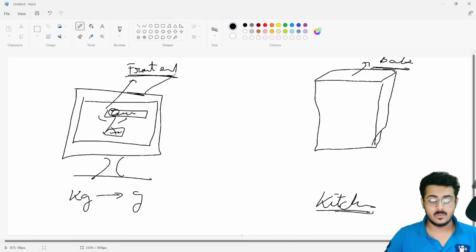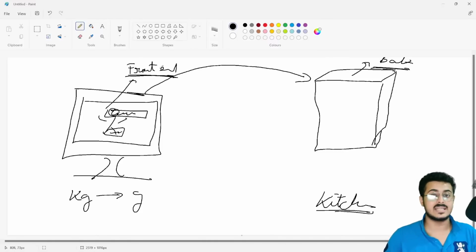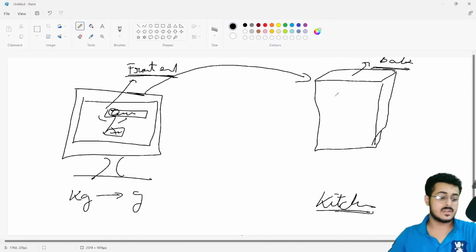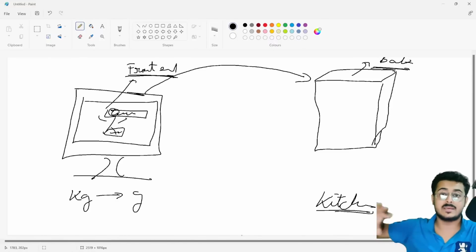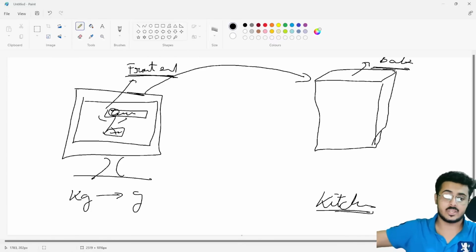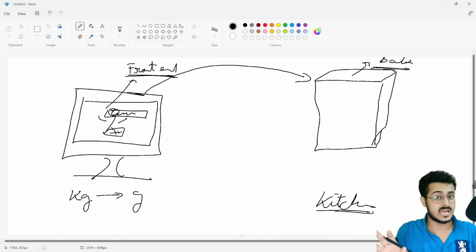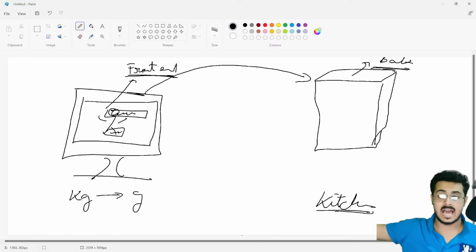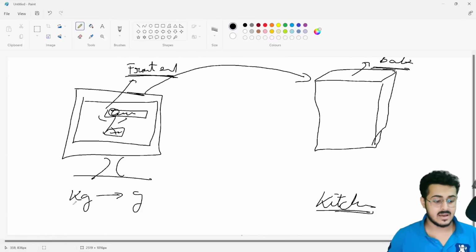Now this data will then go to the backend, where all the computation, all the mathematics, all the business logic that you want to apply happened only in the backend. You were only able to see a website in the front end. Whatever interaction or computation you had to do, you had to send the entire stuff to the backend.